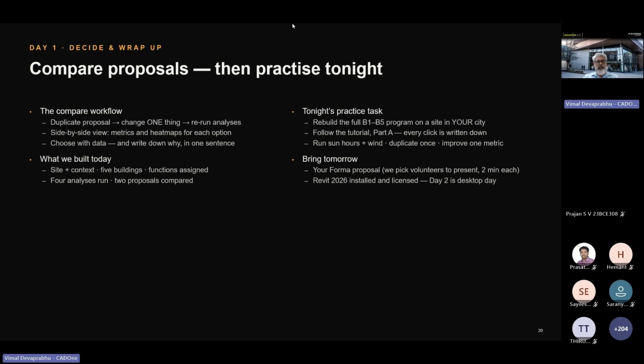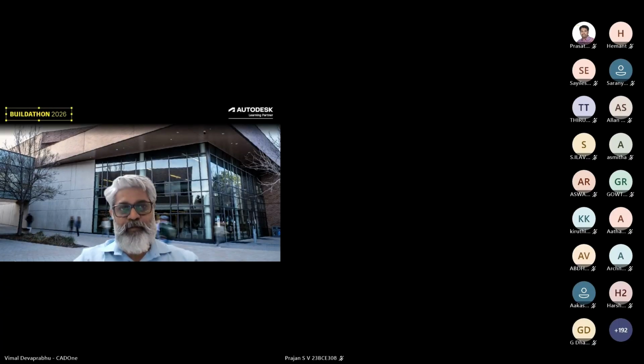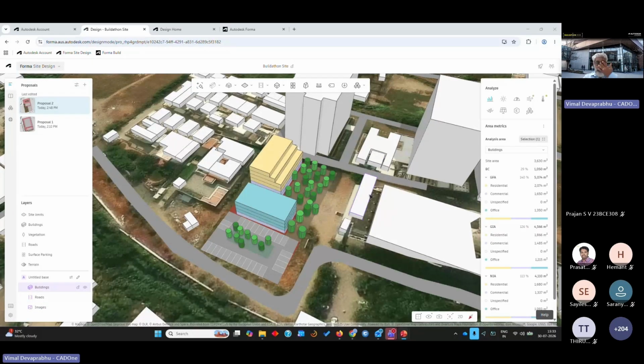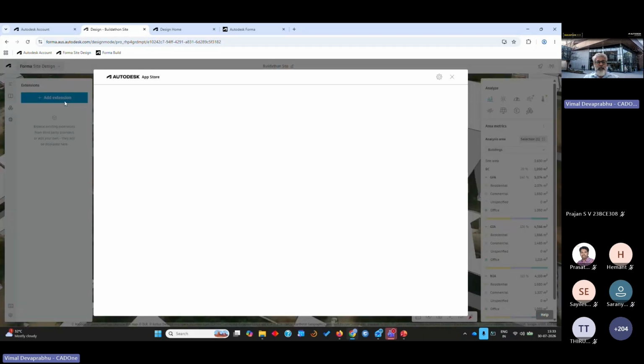So now we have this. I also told you there are extensions for Forma which can be used. And there are a lot of extensions, as you can see when you click on add extensions over here. You'll see a lot of extensions available in the Autodesk App Store. And one such extension is